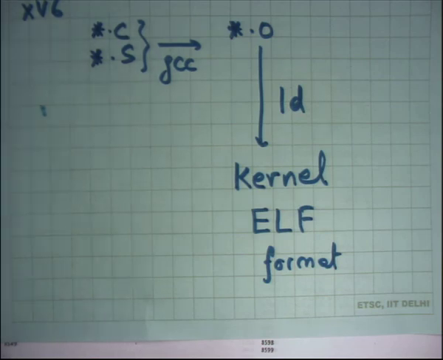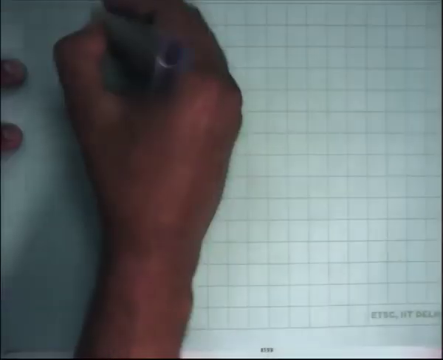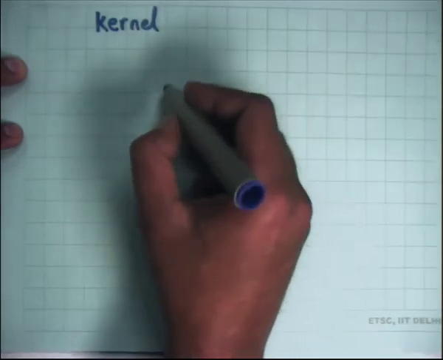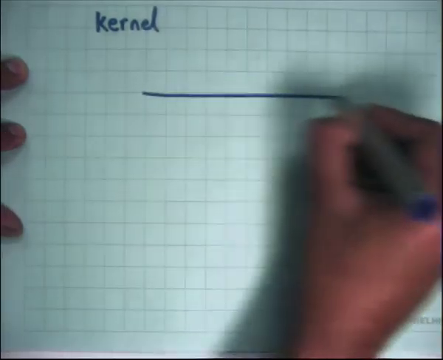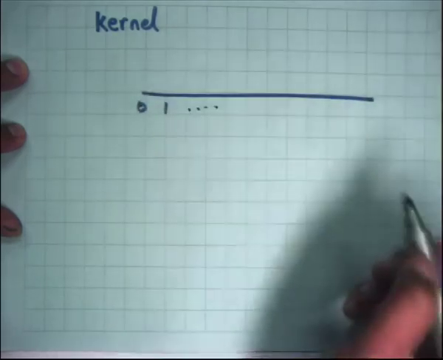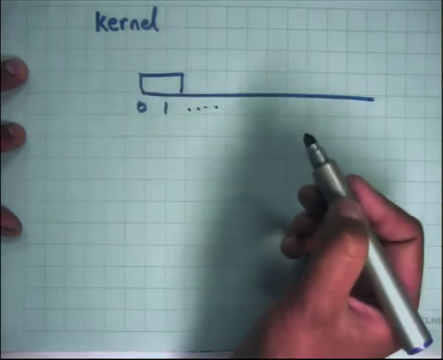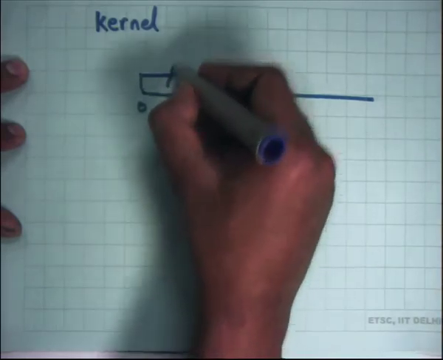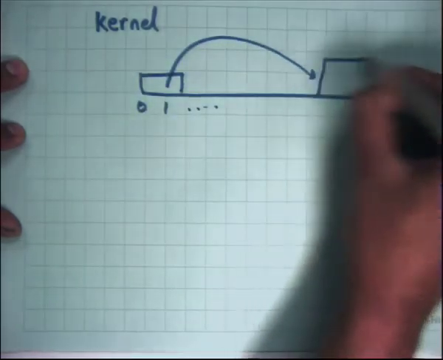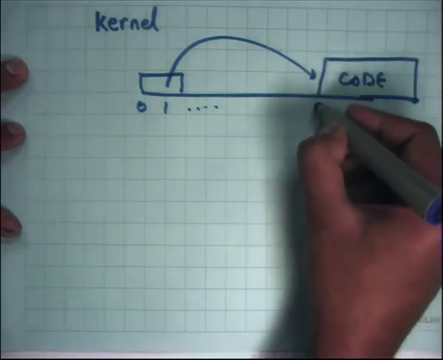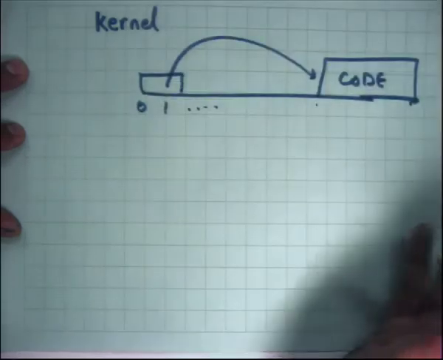And what the executable file will have is basically, if I look inside the kernel, it will say, by the way, this is my file, and this is byte number 0, byte number 1, and so on. Byte number 0 has a certain header which will indicate where my code is. There will be some pointer which says, here is all your code, here's where it starts and here's where it ends, so all the size and all that.